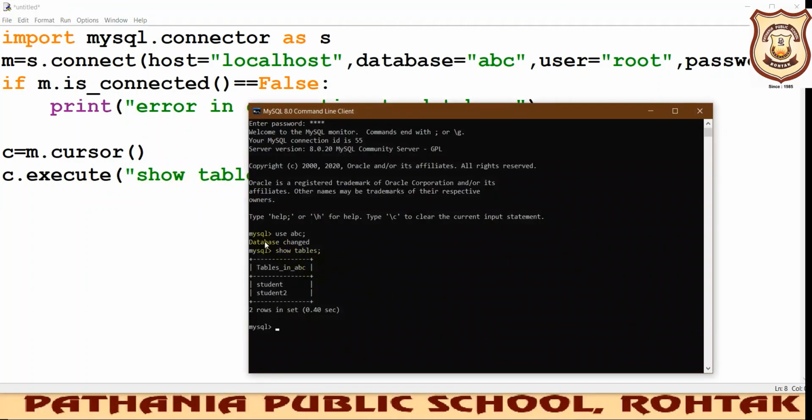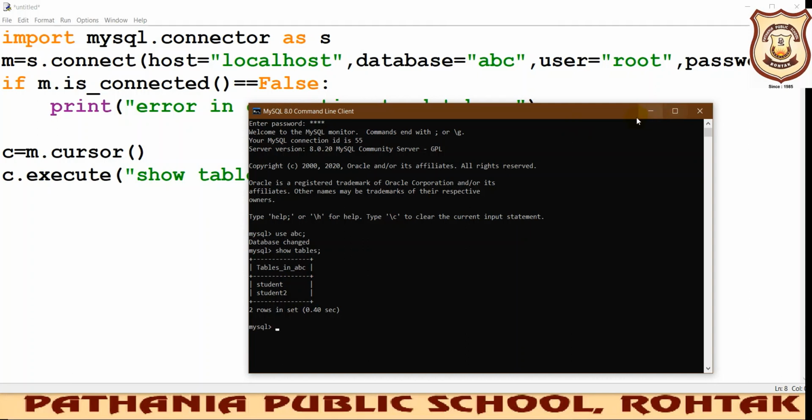You can see use ABC, this command we use every time we work in MySQL. Once ABC is opened, we can write the show tables command to see all the tables that exist. Two tables are there in my ABC database: one is student, another one is student 2.